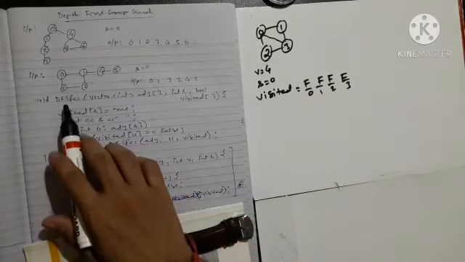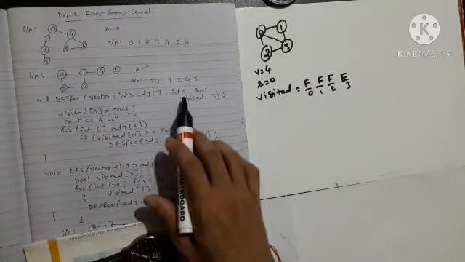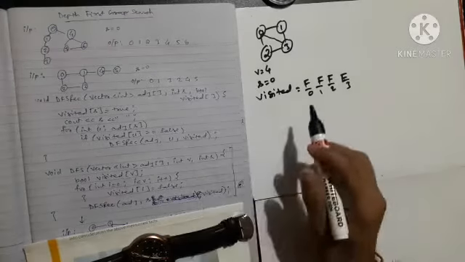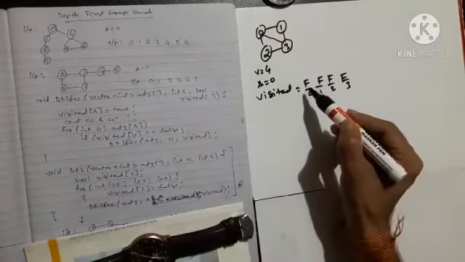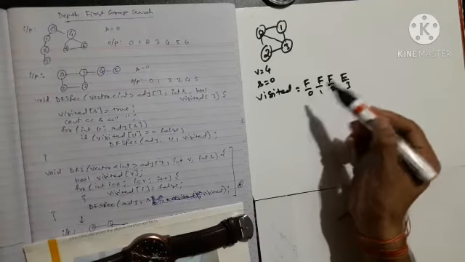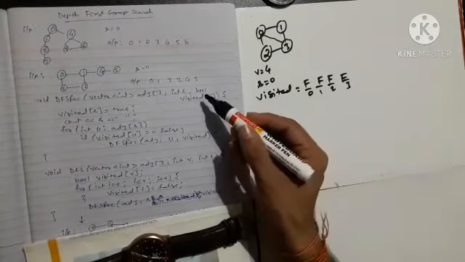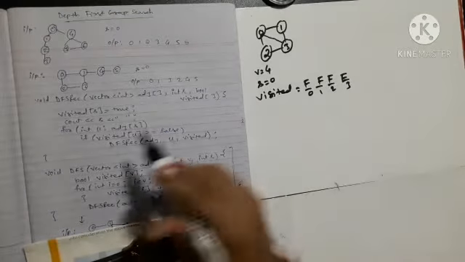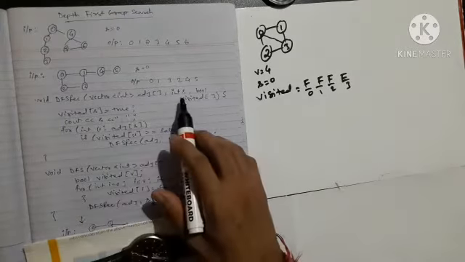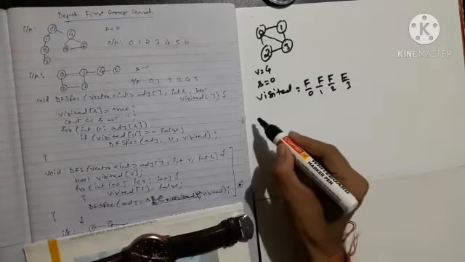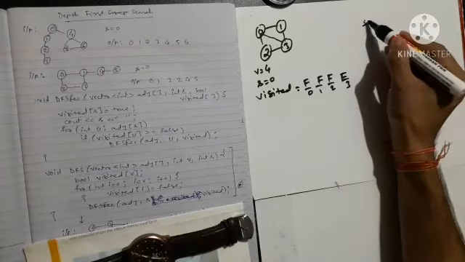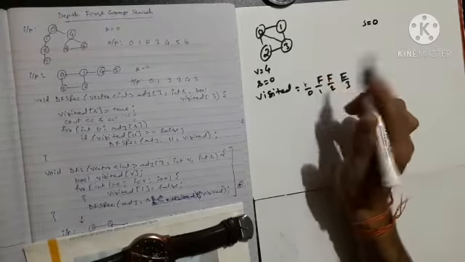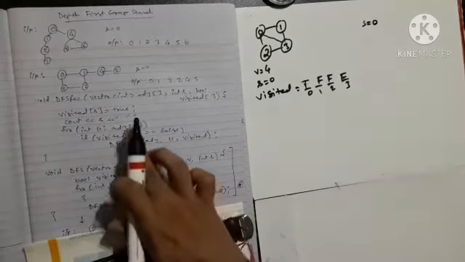Now I am entering into this. So here I am taking the graph, taking the source and visited array. So this is the visited array of type boolean. Okay, boolean means it can only be false or true. That is the meaning of boolean value and nothing else. False means 0, true means 1. Now whatever the source I have called, let's say I am calling for source s is equal to 0. So what I will do, I will first make it true according to this function, and then I will